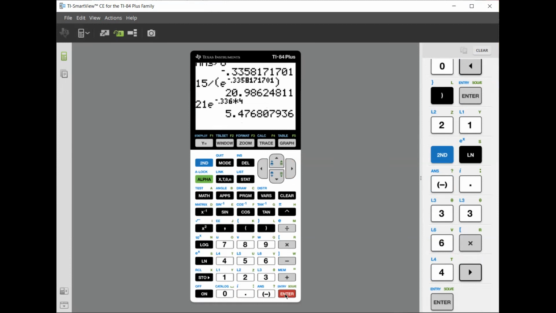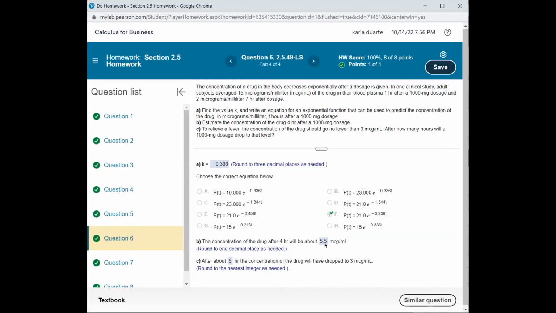5.476, whatever. Okay. That's all I have to do for part B of the question. 5.5 grams. Now here, it's asking me, what is my T? So I'm solving for T, and we've done that before, when I know that my A is 3 micrograms. So what this looks like is it looks like this. I have the equation